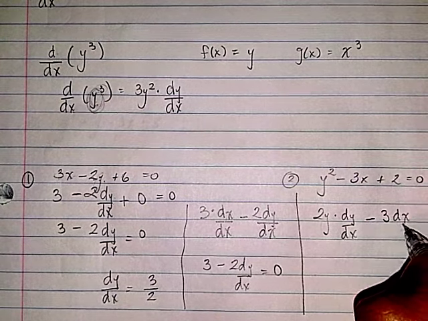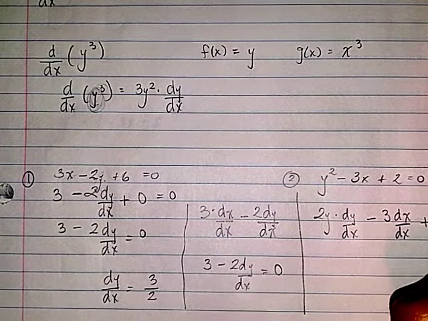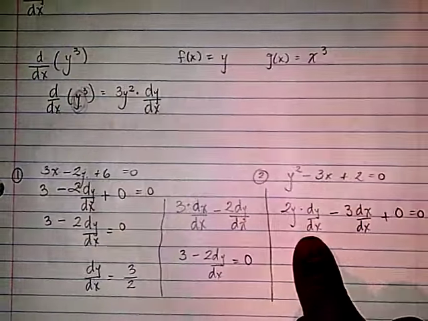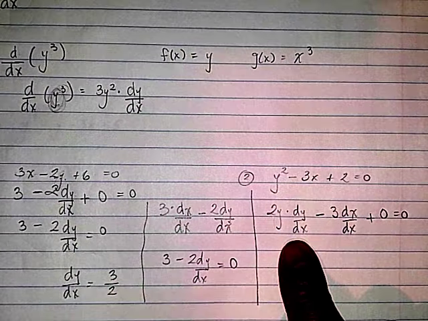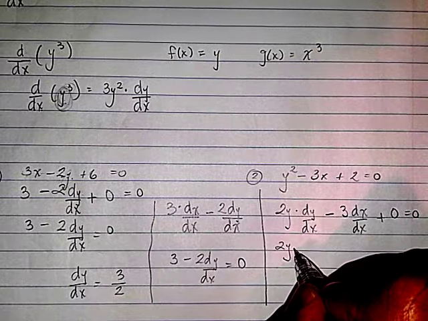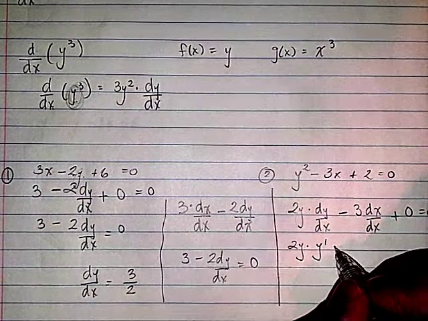If you want to go ahead and do dx dx, that's perfectly fine. Plus the derivative of 2 is 0 equals 0. Now, notice that I have dy dx. Now, if you want, you don't have to put dy dx. You can put 2y times y prime. Is that the same thing? Yeah, it is. Minus